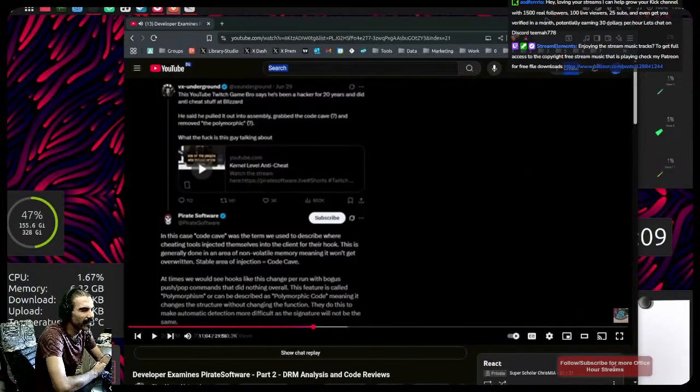Remove the polymorphic, what, algorithms? Like, want to fulfill the rest of that statement? I don't believe anything he says. It's just the methods in which he's coding, the way he speaks too. He knows a couple of terms that he uses: assembly, polymorphic, code cave, but he's not putting them in a clear way. And not only that, his code is crap.